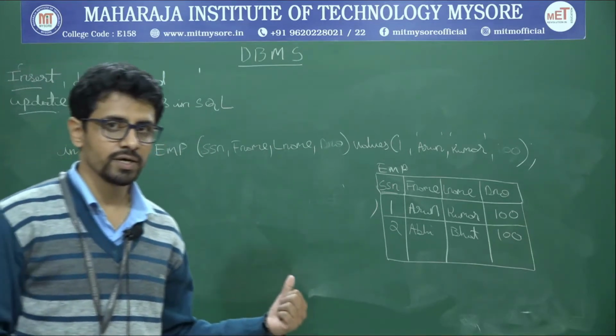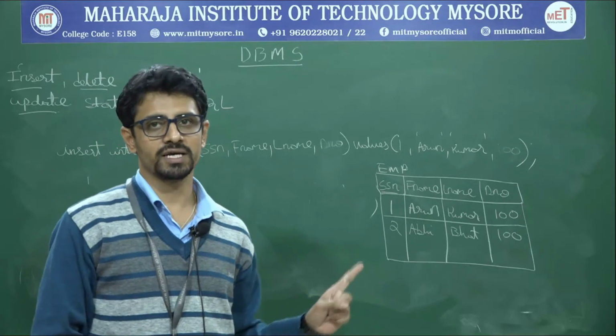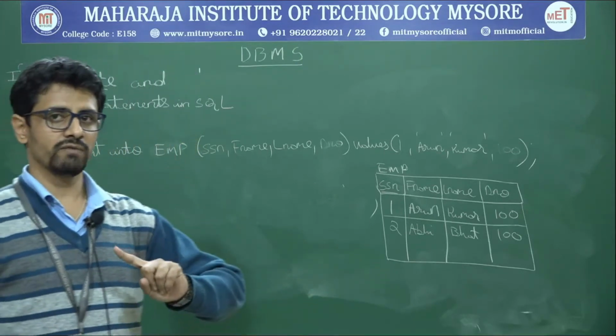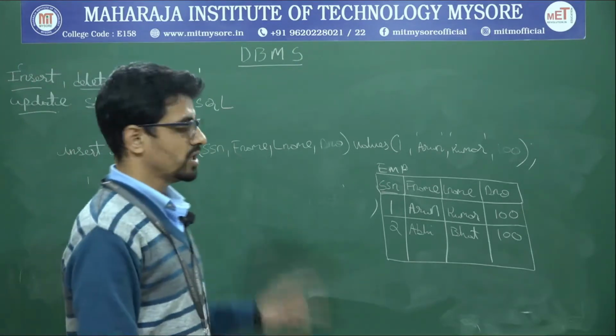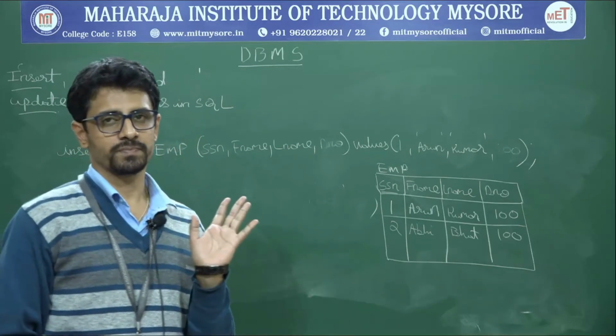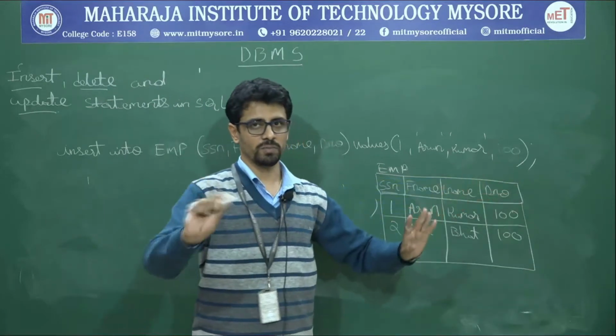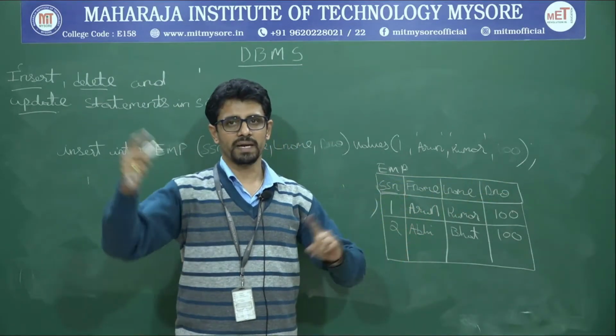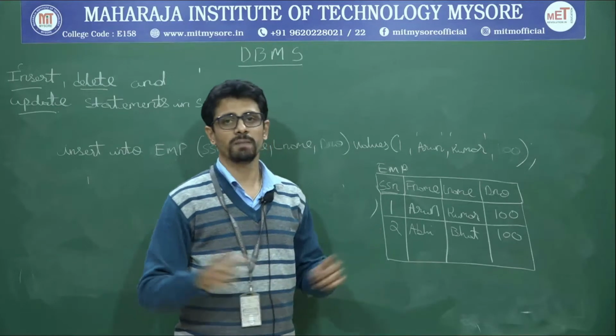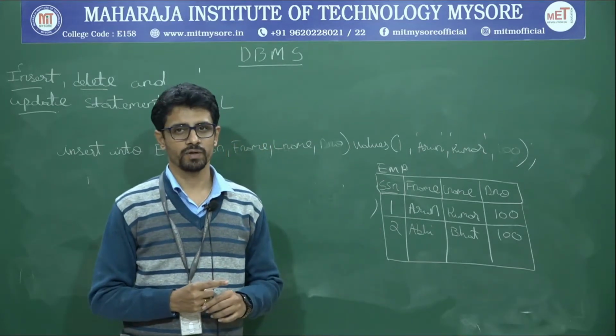But can I fill it with null here? No. Why? Because I have given a not null constraint for department number. If not null was not given in the create table command, you could have left out some attributes. If you are not using this syntax and just leave out the 100 here, it is not possible. It will throw an error saying the number of arguments does not match the create table command. Hope you are getting it.